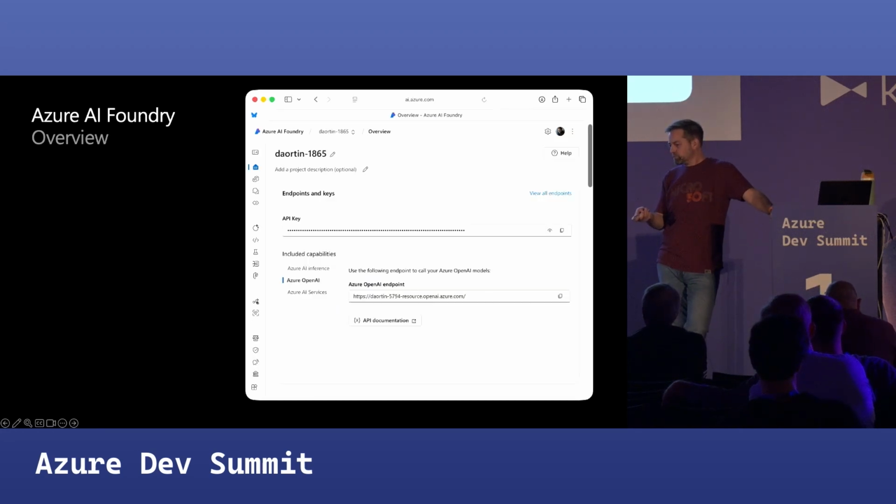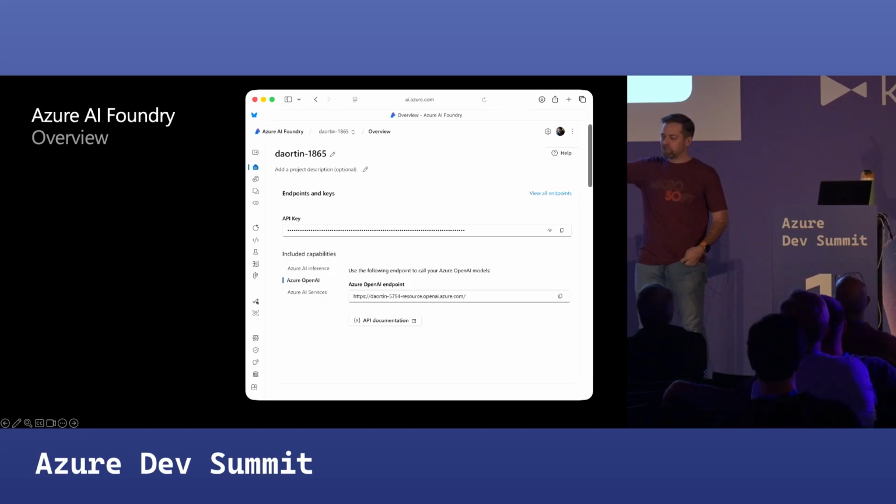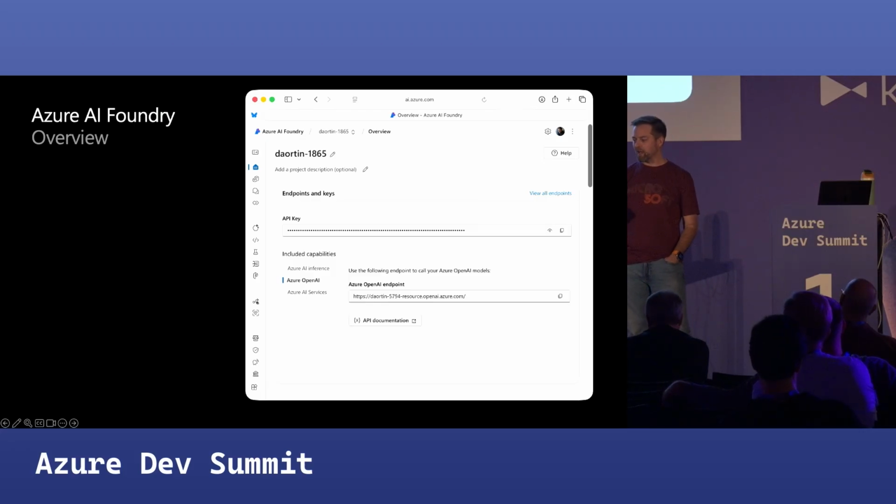So you have that. Now this is the overview tab. It actually shows up as the home icon in the left. So this is where I would recommend you go to get your endpoint and your API key, because they're right here and they're the right things. You don't have to worry about scraping things off and guessing. So as you can see, there's an Azure OpenAI capability, and I can pick that endpoint because that's the endpoint that I'm going to be using in this application. It's certainly easy to get started with, and you can always switch it later. And then my API key is right there.